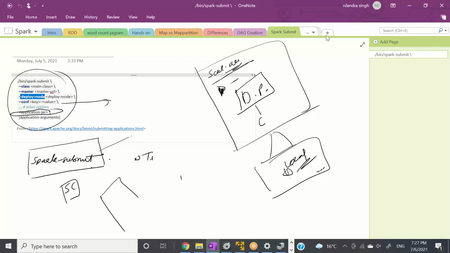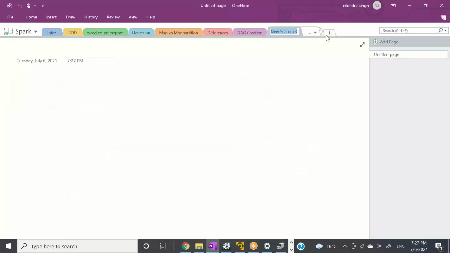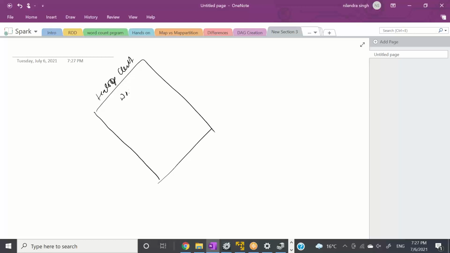so how things work in production works like this. So you have your Spark cluster, or you have your Hadoop cluster like this. Here you have name node, then you have multiple data nodes, right? DN1, DN2, DN3. But in the real world, as a developer, you cannot log into this cluster. So how do you access this cluster?